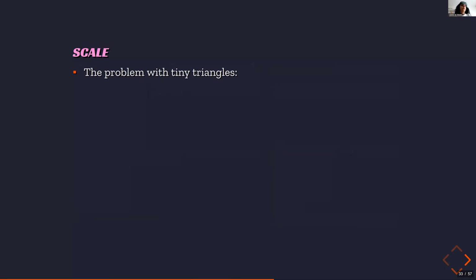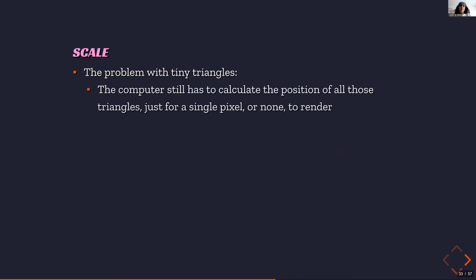The problem with tiny triangles. So let's imagine that you don't have any triangle constraint, like polycount constraint, in the sense that GPUs for the target devices that we are using are available in the market, but also they can run infinity of them, or with the new Unreal 5. Well, I'm not sure about how they solve this problem in particular, but that kind of thing doesn't matter for you. The problem with tiny triangles is that the computer is going to calculate those triangles anyway and then